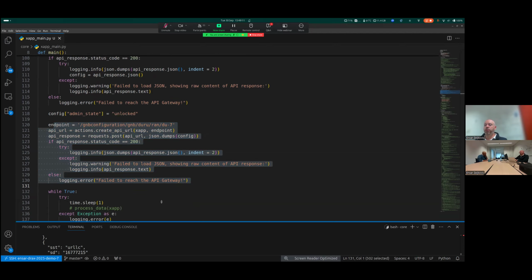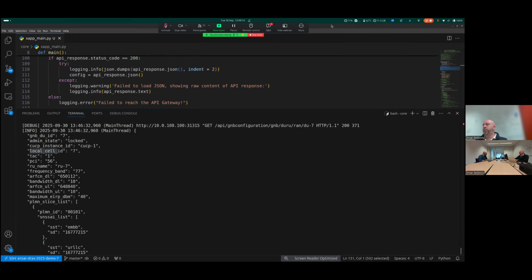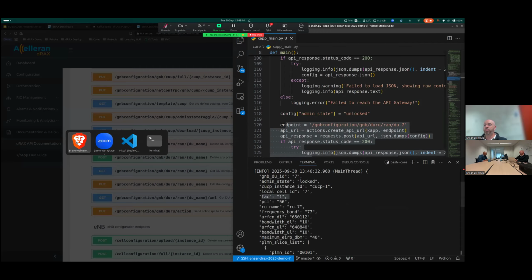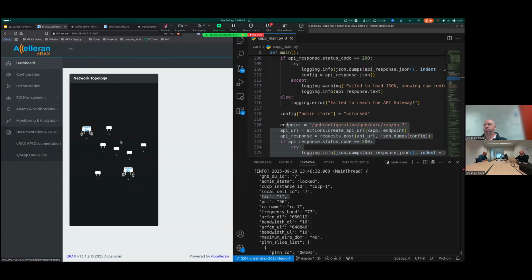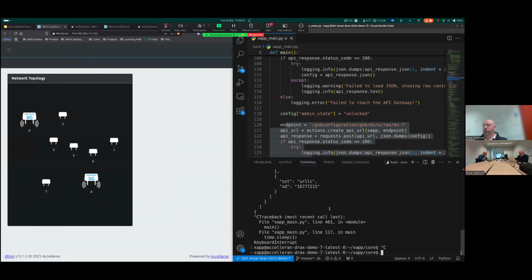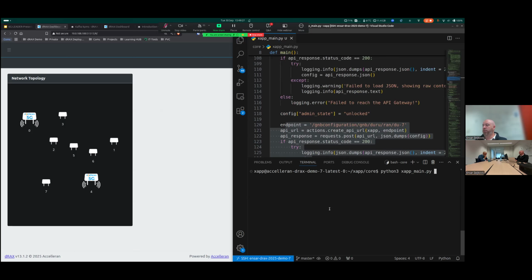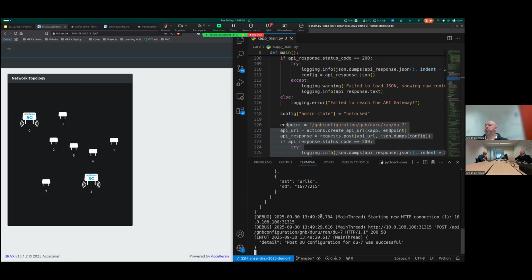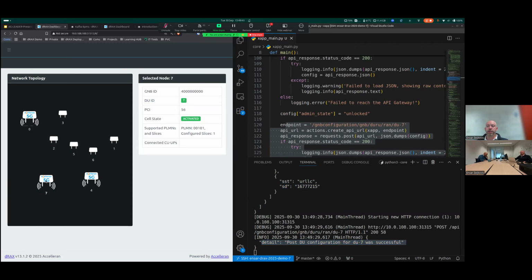So let's try to run this. And let's maybe do it in this way, where I can put this to the side and put the dashboard to the side and open up this window so that we can actually see the status of the cells live. So let me clear this, and then let's run the Python app. So you can see that it did a get, and you can see that the post of the DU7 configuration was successful. And also to the left, you can see that DU7 is now actually turned on, because you can see that it's changed its icon into this wavy icon, indicating that it's on air at the moment.